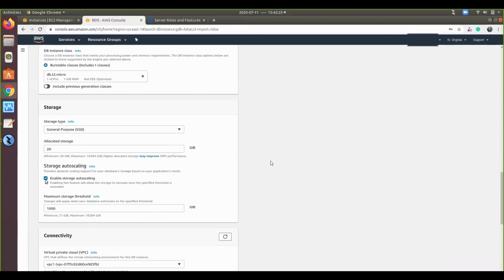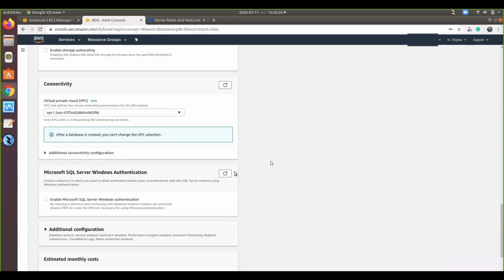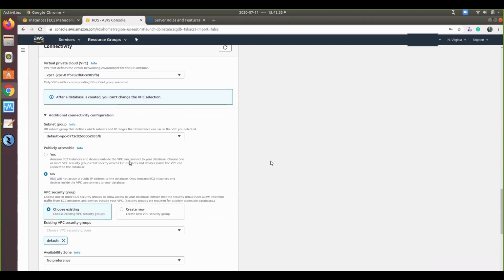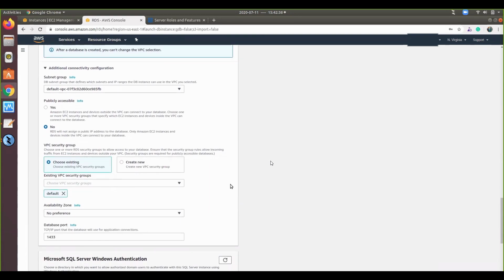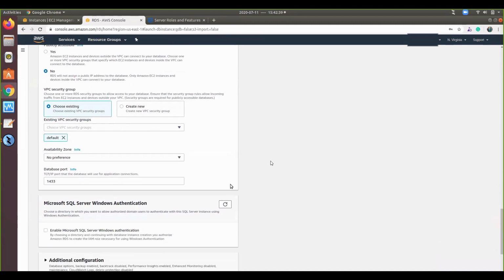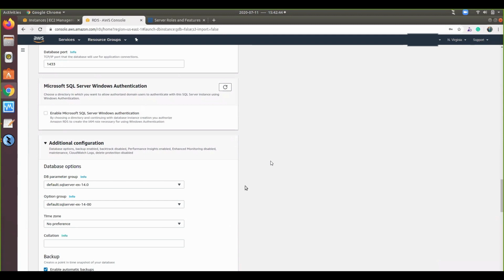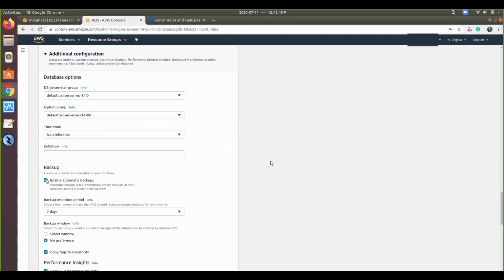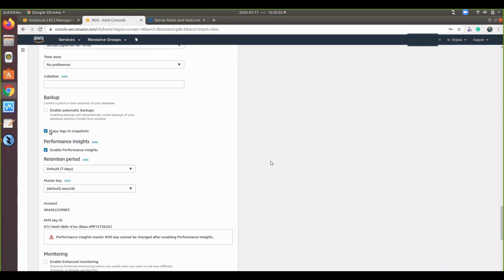Enable storage auto scaling. We don't need this. Storage is enough. Connectivity is fine. I think this is the reason it is taking much time for us to load things.